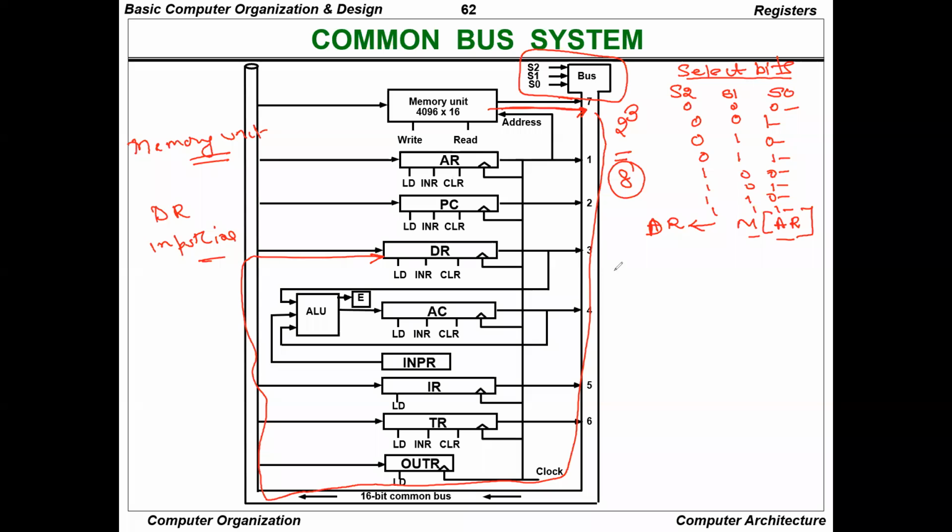तो select bits की values हमें बताती हैं कि किसका डेटा आउटपुट पे प्लेस करना है और किसका डेटा इनपुट पे प्लेस करना है। अब यहाँ आप ध्यान से देखिए, the memory unit has a value of 7। मेमोरी यूनिट की वैल्यू कितनी है? 7। तो जब हम डेटा को रीड करेंगे, then the value of the select bits S2, S1 and S0 will be 1 1 and 1। जब तीनों की वैल्यू 1 होगी तो हमें पता चलता है कि the data is to be read from the memory unit। अब डेटा को लिखना कहां पर है? लिखना है डेटा रजिस्टर के अंदर, and what is the value of the data register? It is 3। That means the value of the three select bits will be 0 1 and 1। S2 will be 0, S1 will be 1 and S0 will be 1।